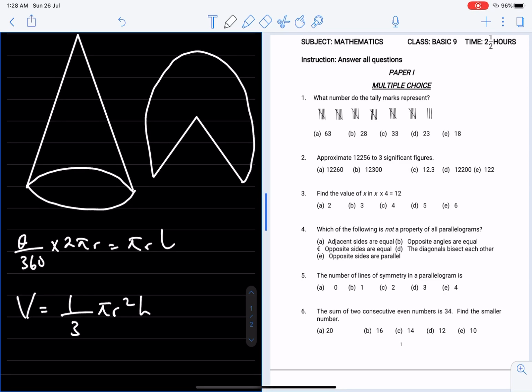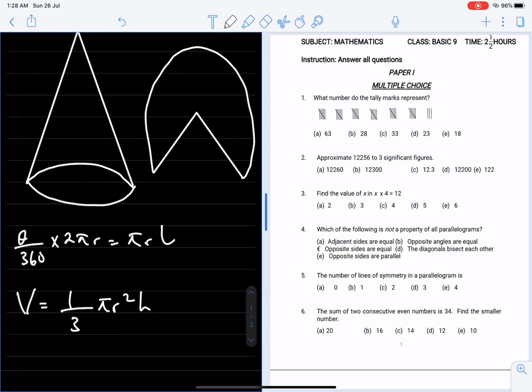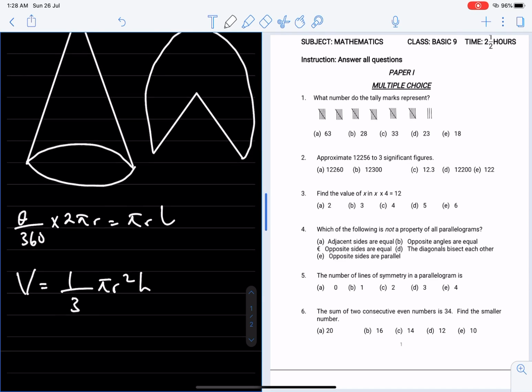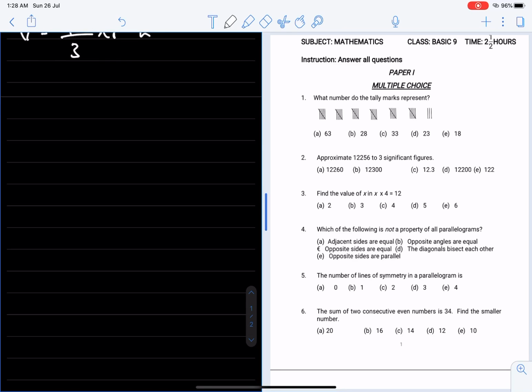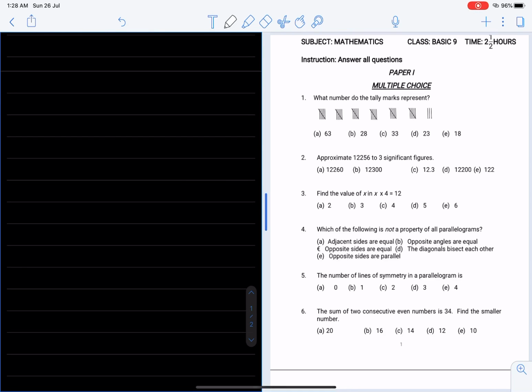We start with paper 1, which says paper 1 mock exam review. Paper 1 is a multiple choice exercise. Now number 1 says